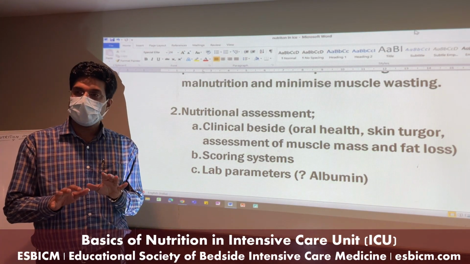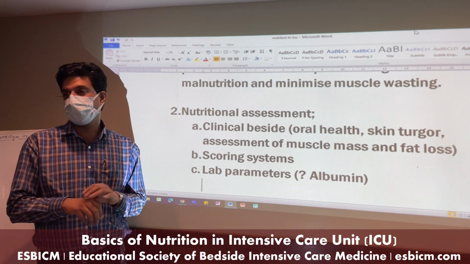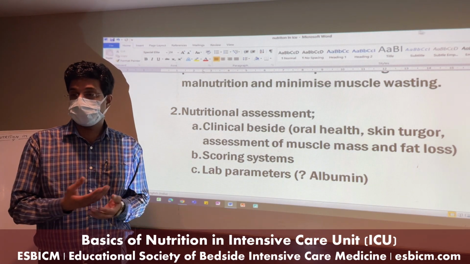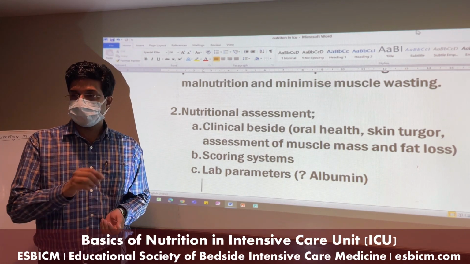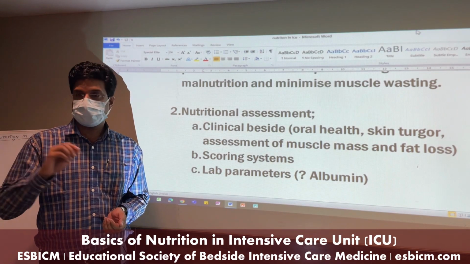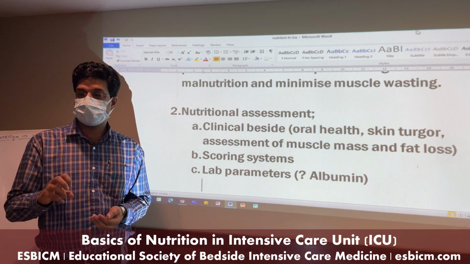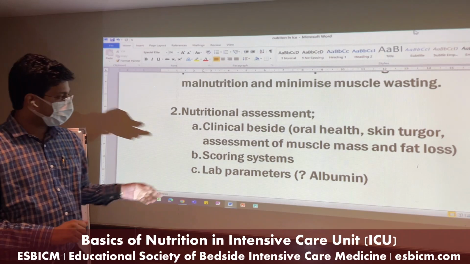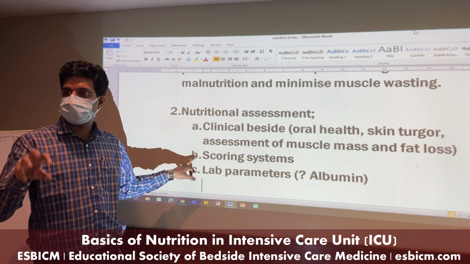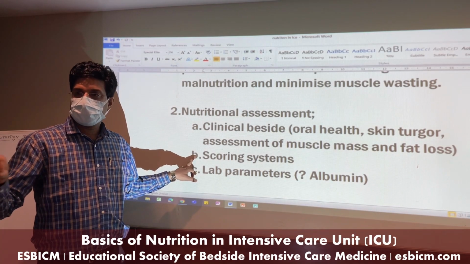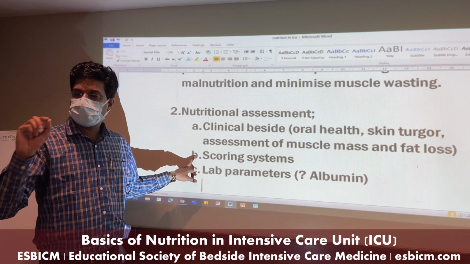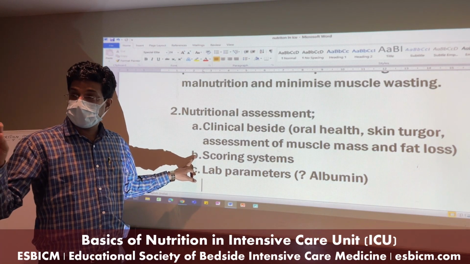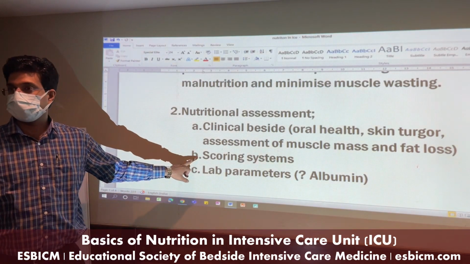Actually, there are three tools which are frequently used, but they are very cumbersome to use in the ICUs. Even if you know about those tools, the NUTRIC score is another, but in a busy ICU to follow them is a little bit challenging, not just in the Indian context but in every part of the world. Secondly, scoring systems are there, and if you are doing a study, or meticulously focusing on certain aspects of nutrition for your ICU study or trial, you can use a scoring system because it standardizes the process.